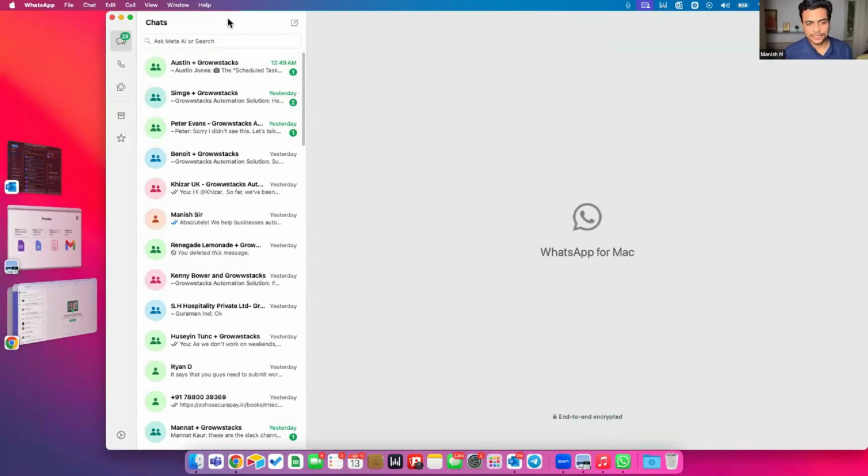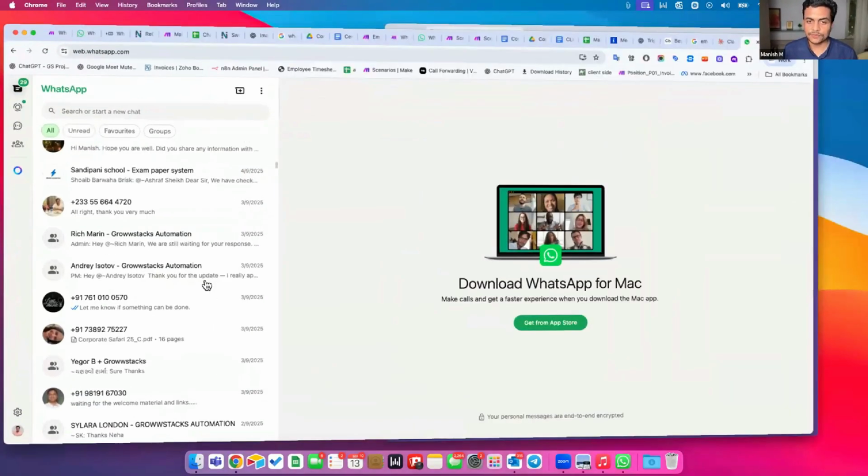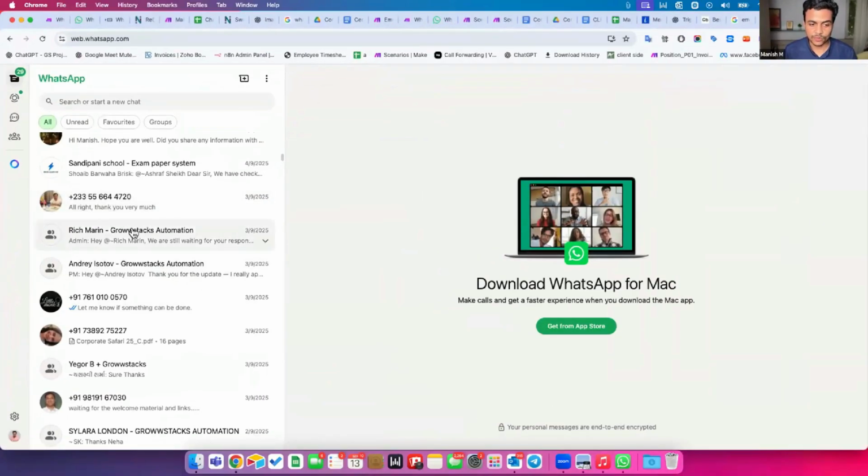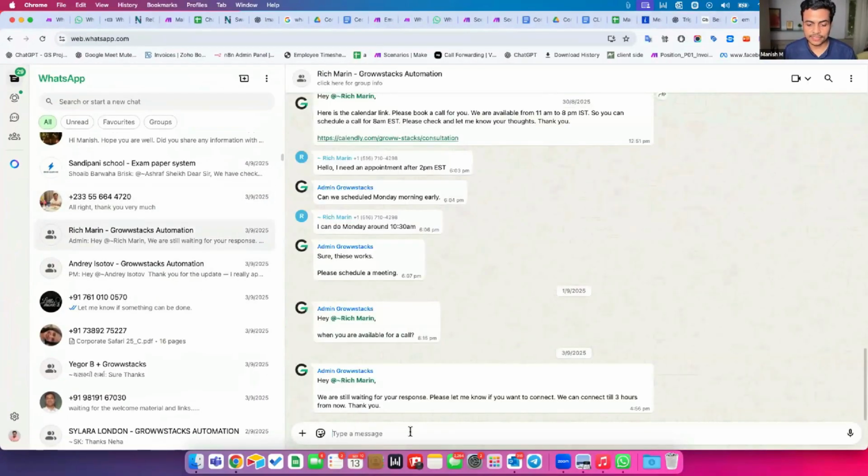Now, what some smart people did is they said, since you're anyway scanning WhatsApp over here, why don't you scan WhatsApp on our server-based application, on their servers? And they said, we are going to control this entire application through our server. So whenever a new message comes in, they can fetch it from this browser session itself. If you're trying to send a message, they will simply open this particular chat